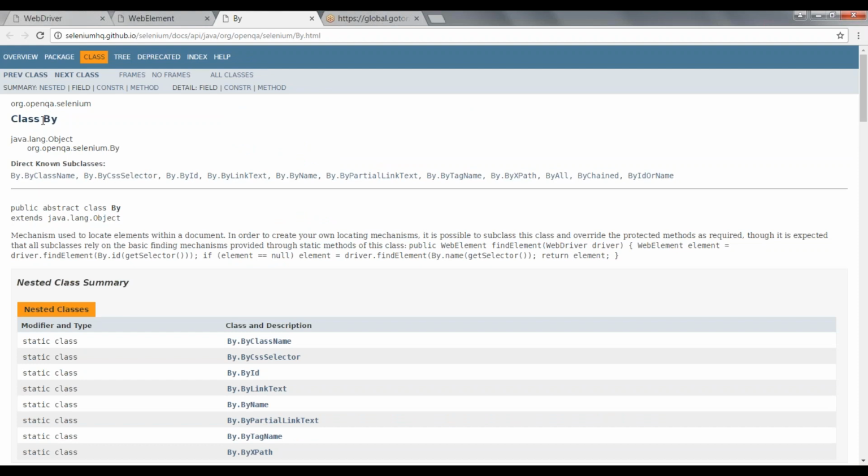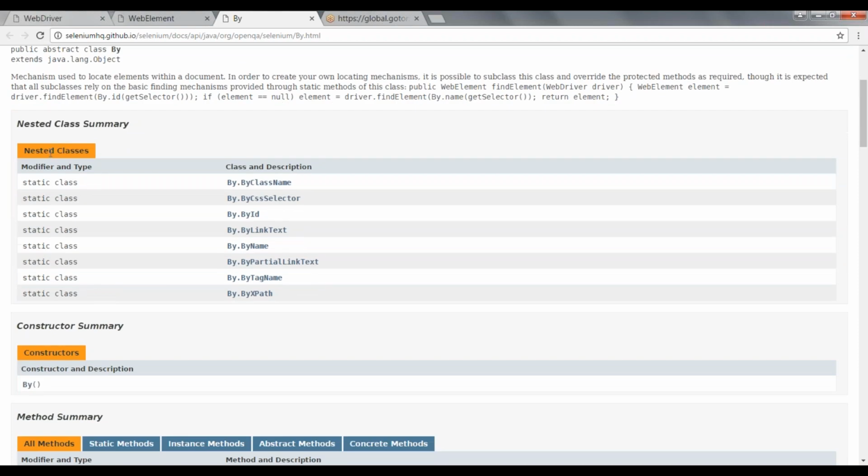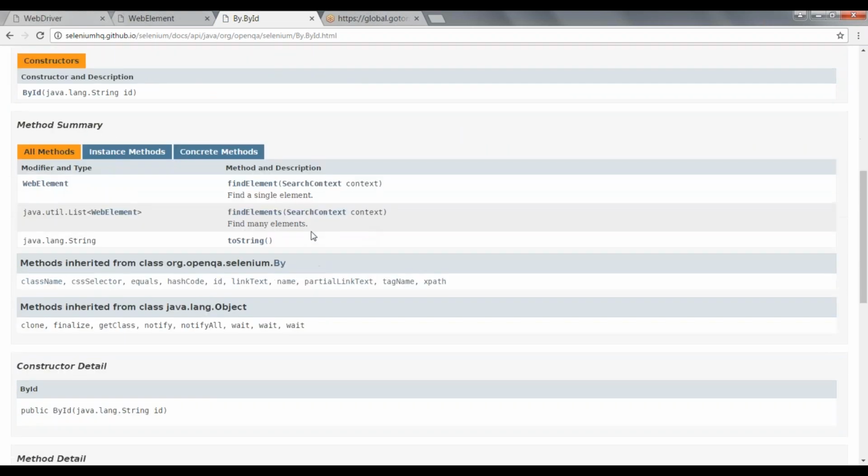So this is class By. What will this class By do? This class By has nested classes like By id, By name, By className. So what are these id, name and className? These are nested classes. If you go inside those nested classes, you can see here findElement, search context.